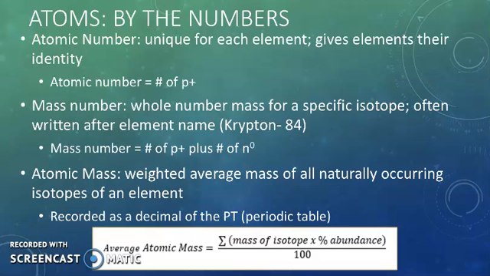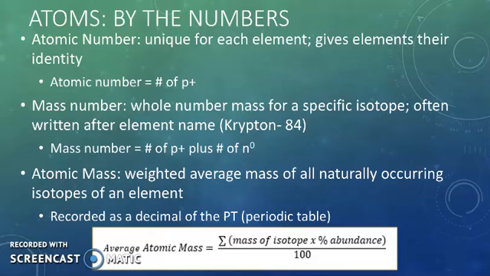Your atomic mass is the weighted average mass of all the naturally occurring isotopes of that element. It's what's recorded as a decimal on the periodic table. We don't have all of the mass numbers listed on the periodic table. Some of them have mass numbers instead of atomic mass because there's only one isotope, so there's no need to take a weighted average. But all the rest have the weighted average mass of all the mass numbers of the